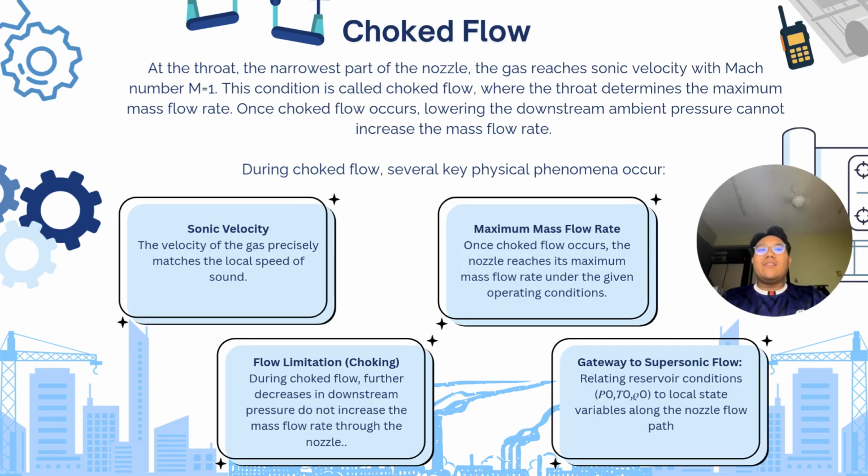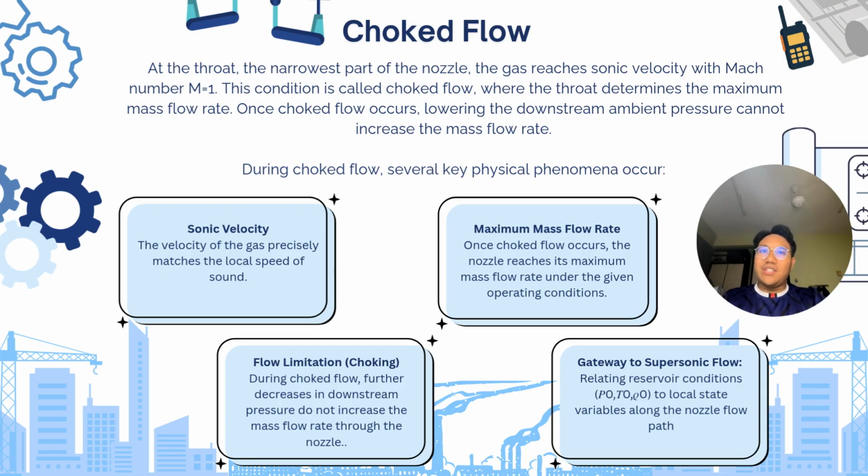Other than that, let's talk about choke flow. Right at the throat, the narrowest part of the nozzle, the gas reaches a critical speed where its velocity exactly equals the local speed of sound, meaning the Mach number equals 1. When this happens, the nozzle enters a state known as choke flow. Once the flow is choked, two very important things occur. The first one is the maximum mass flow rate and the second one is flow limitation. The throat effectively acts as a bottleneck,